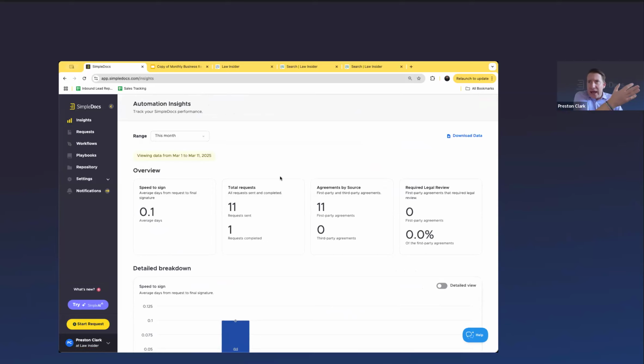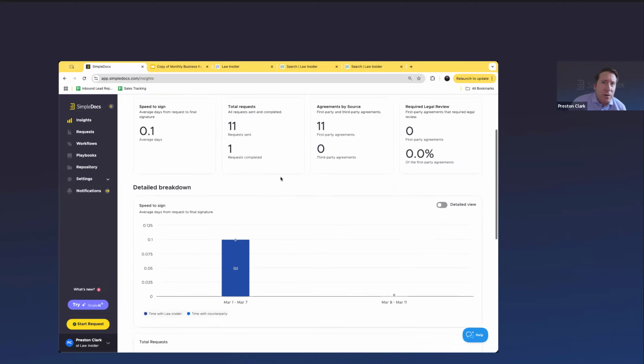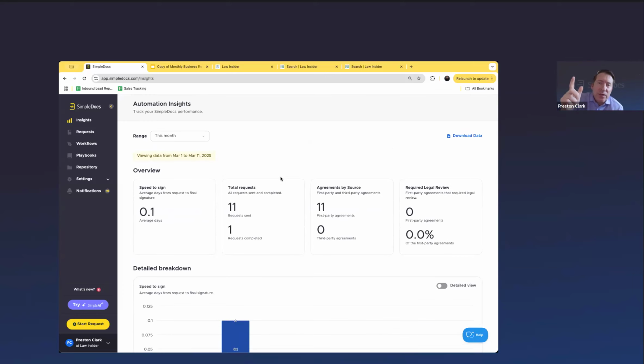And so it's a bit of a bridge from just an AI redlining and review tool, which may be all you need. But we know that some of you need that last mile where you're like, gosh, we're doing so many of these agreements. And even after we're done negotiating it, it's still taking 2 or 3 days to finally get signed, and then I got to go track it down in DocuSign, and then I got to go move it over and upload it into our repository, and then still I have no visibility into how long all of that actually took. And so that new feature that integrates the negotiation history with the ability to route for signature is what's also coming on March 24th.